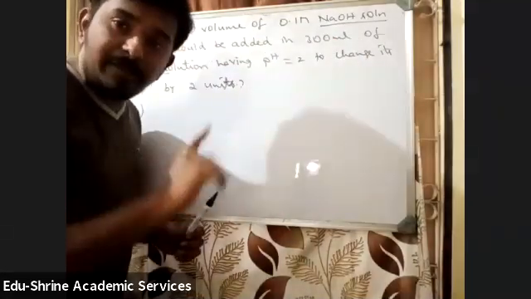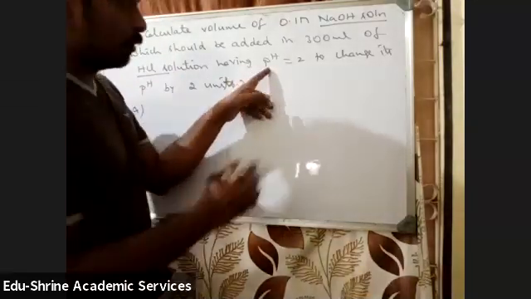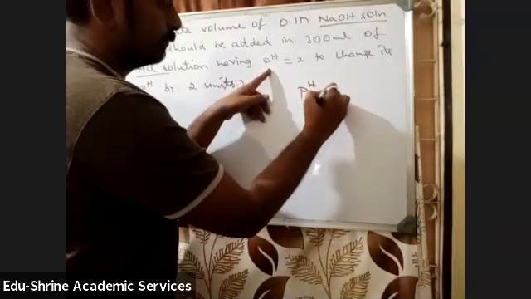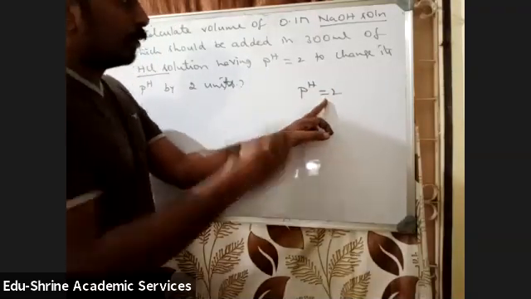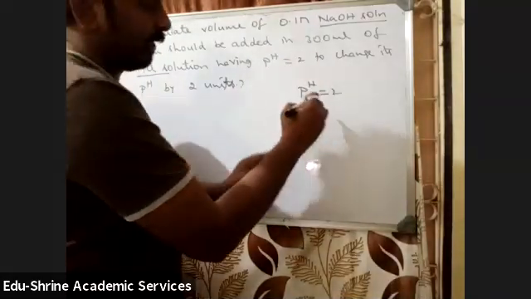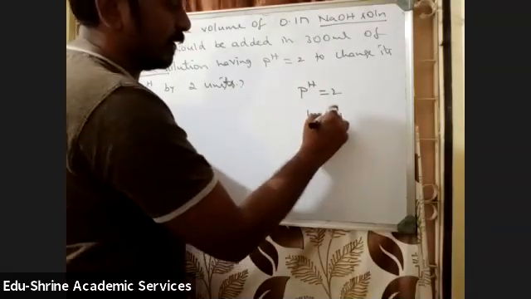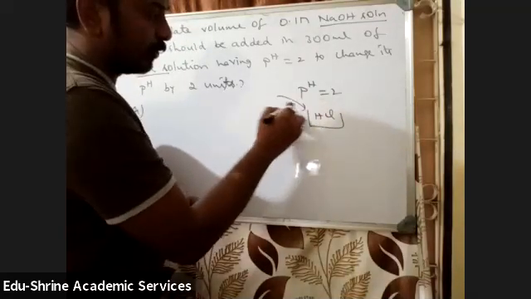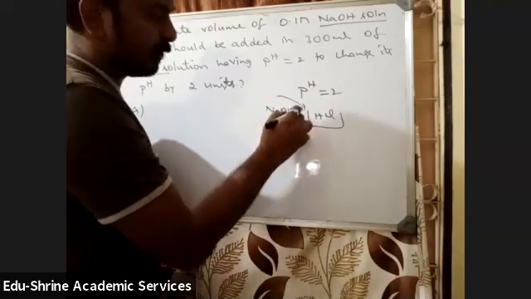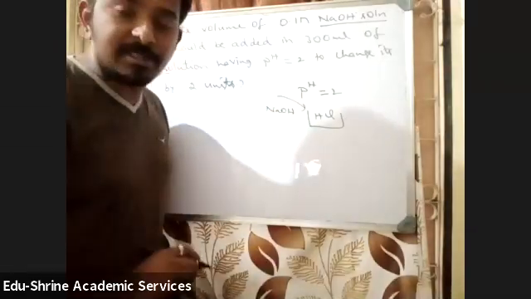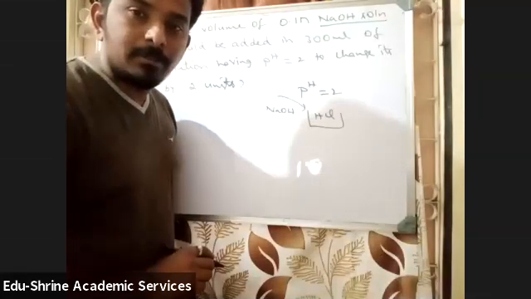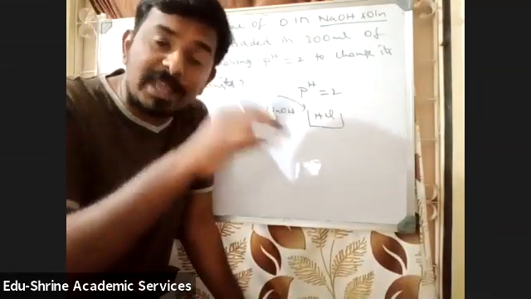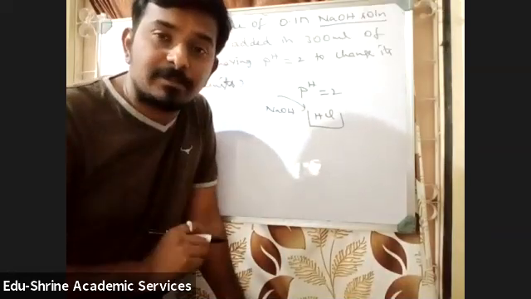That means you are already having an acid solution whose pH is 2. You are already having HCl solution whose pH is 2. To this you are adding NaOH, right? So there is a HCl solution whose pH is 2. You are adding NaOH to this. What happens to the pH, students? Increases or decreases by the addition of base? When you add base to an acid, pH will increase or decrease?